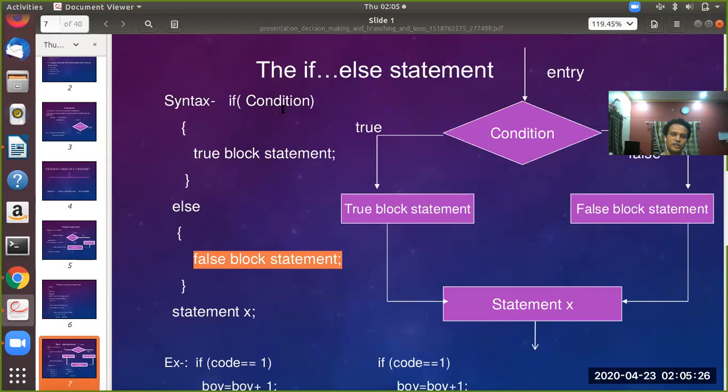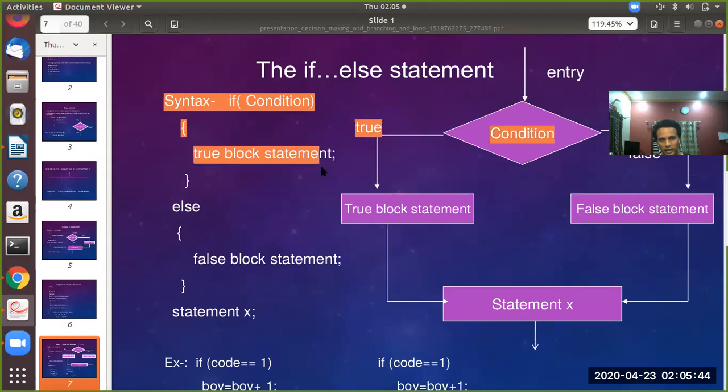Suppose the condition is not true, then the true block will be skipped. By skipping the true block, it executes the else block statements, and after the execution of the else block statements, the last statement X, which is following the entire if else statement, will be executed. So look here.